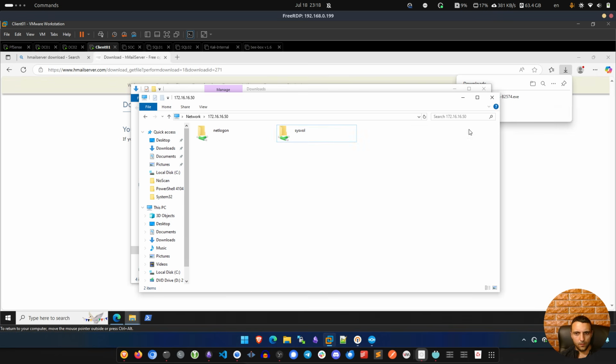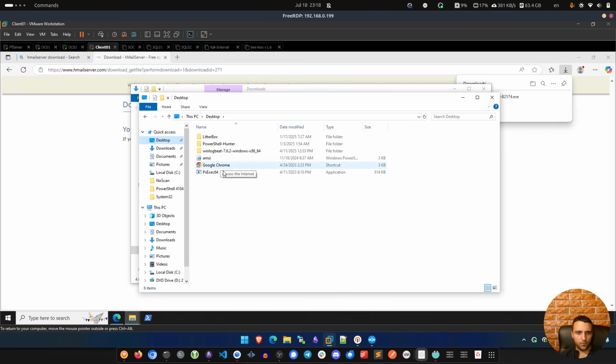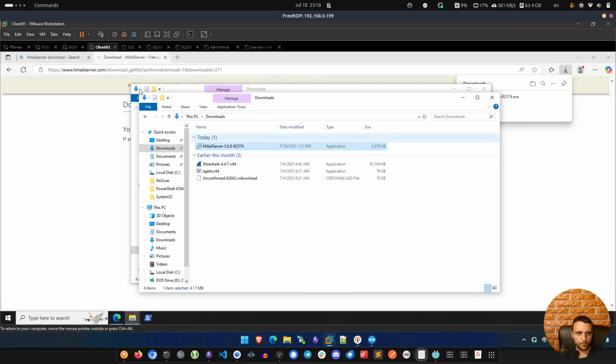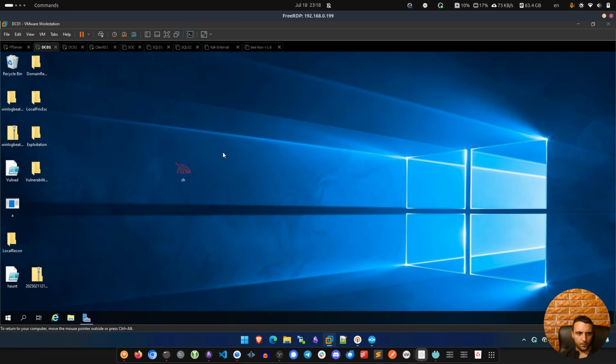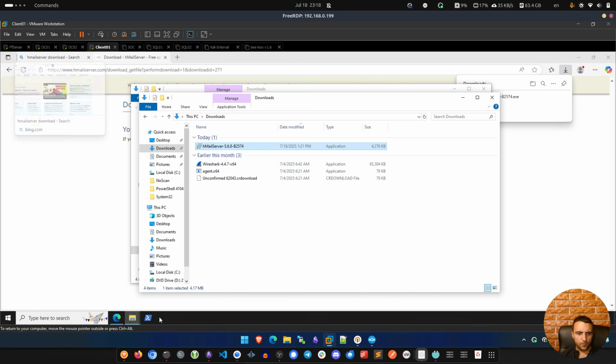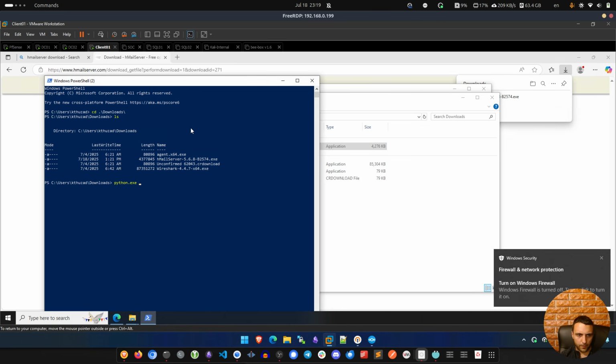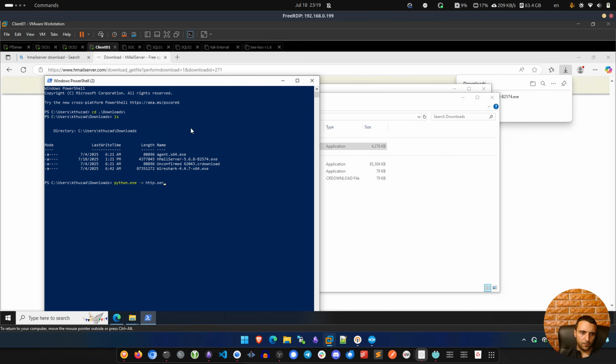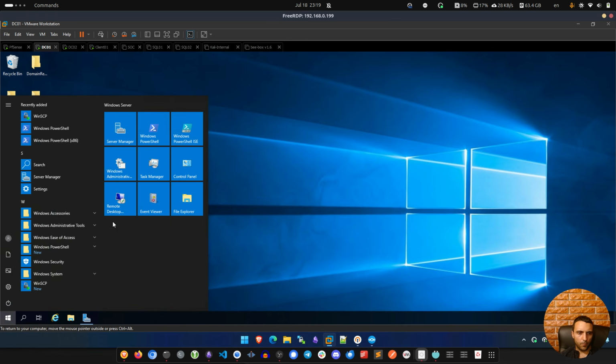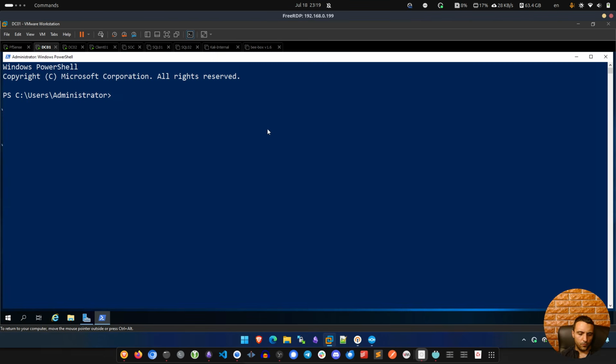So I want to one more time try to simply cut it, paste it here, but it's not gonna work. I think I have Python on this system, so with Python it can be super easy. I can go into downloads and then do python -m http.server on port 80. Yep, there it is. So let's go back, open PowerShell, do